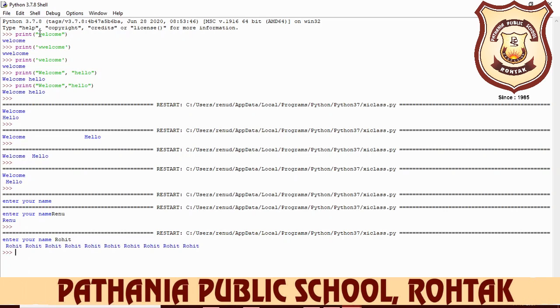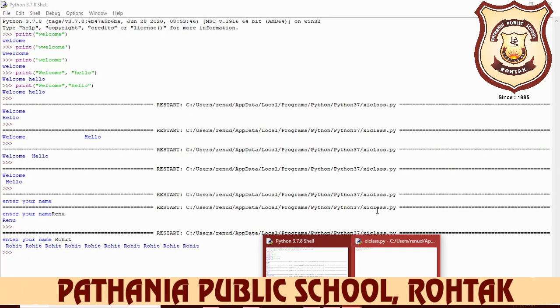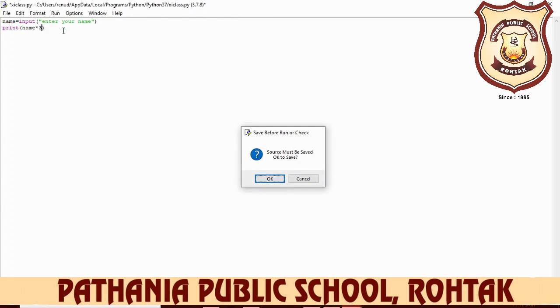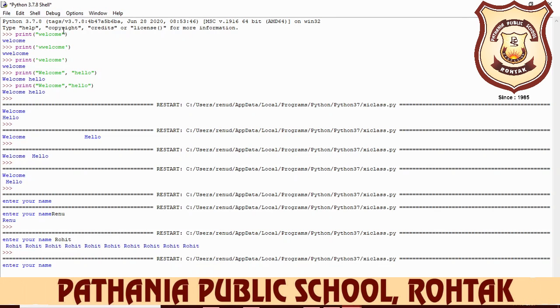So you see Rohit 10 times will be displayed on your screen. But if you want only 3 times, then you remove 10 and write here 3, and then again F5, save it. Okay, so you see enter your name. So you write here, for example, Rita, and you see Rita will be displayed 3 times on your screen.